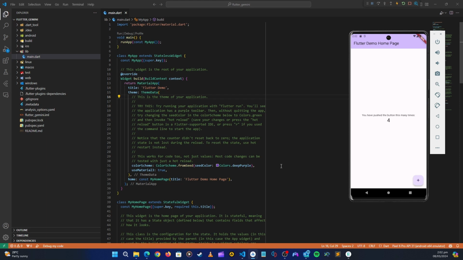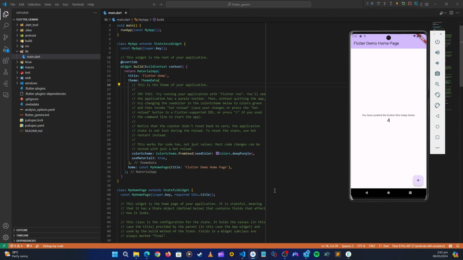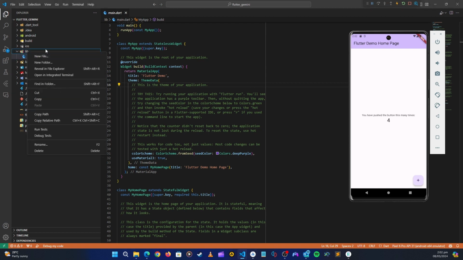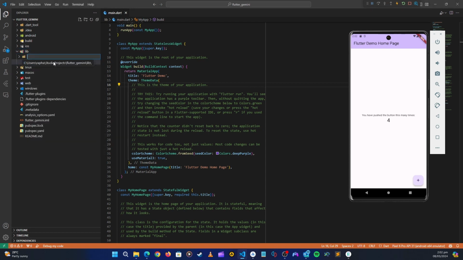All right, now let's get started. So first thing that we're going to do is go in the lib here. Let's right click, then let's create a new folder which is called screens. So under screens here, let's right click again. Let's create another screen called home screen.dart,